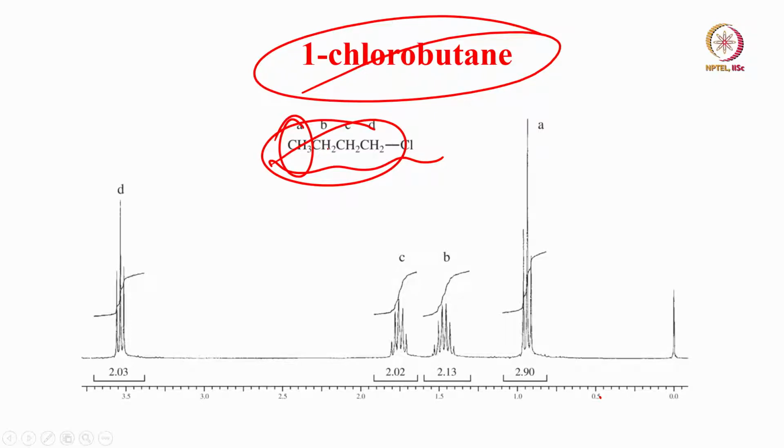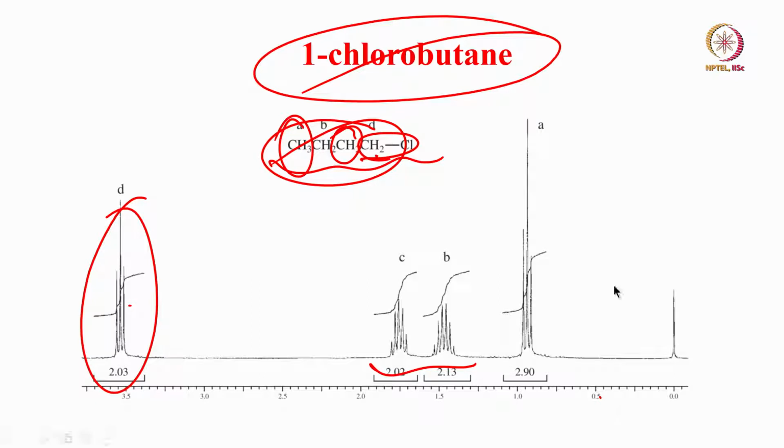Now, what is happening after that? Another easiest thing to understand is this CH2, which is attached to chlorine. Because chlorine is an electronegative atom, it withdraws the electron from the CH2 and comes to the downfield. So this must be the CH2 protons attached to chlorine. And why is it a triplet again? Because the adjacent group is again CH2, and it is a triplet. Very easily we understood.